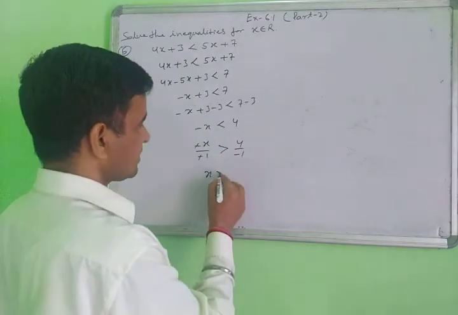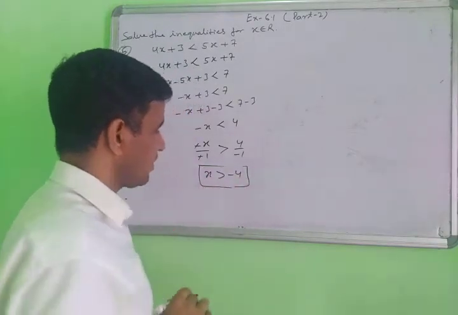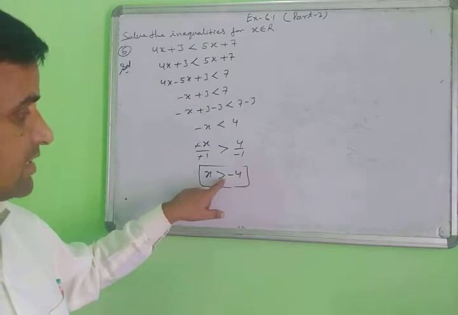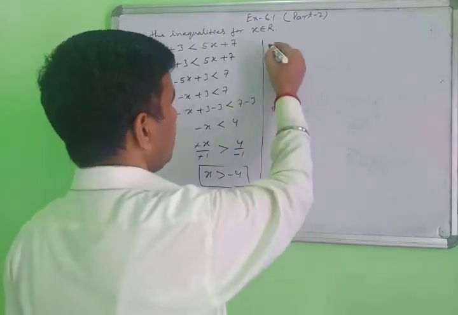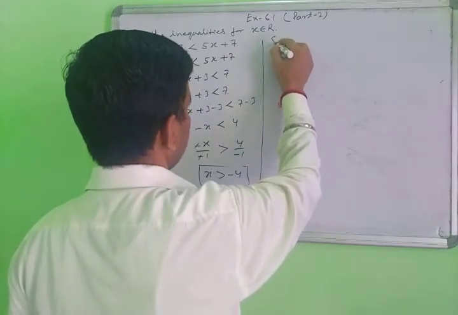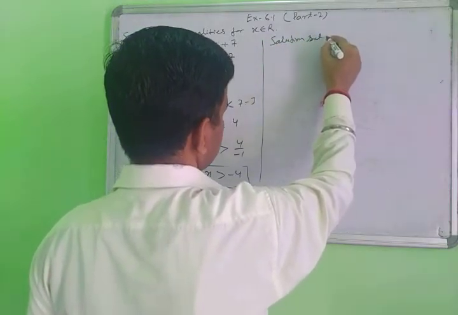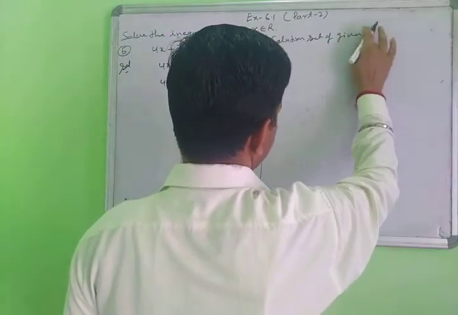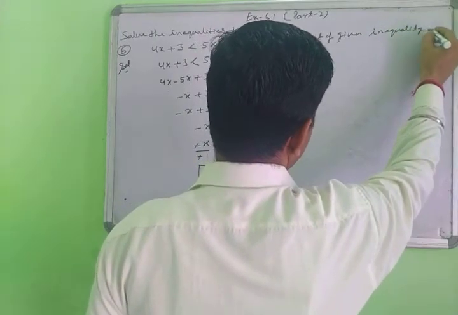What is left here? Minus 4. The value of x is greater than minus 4. So what is the solution set? The solution set of the given inequality is...